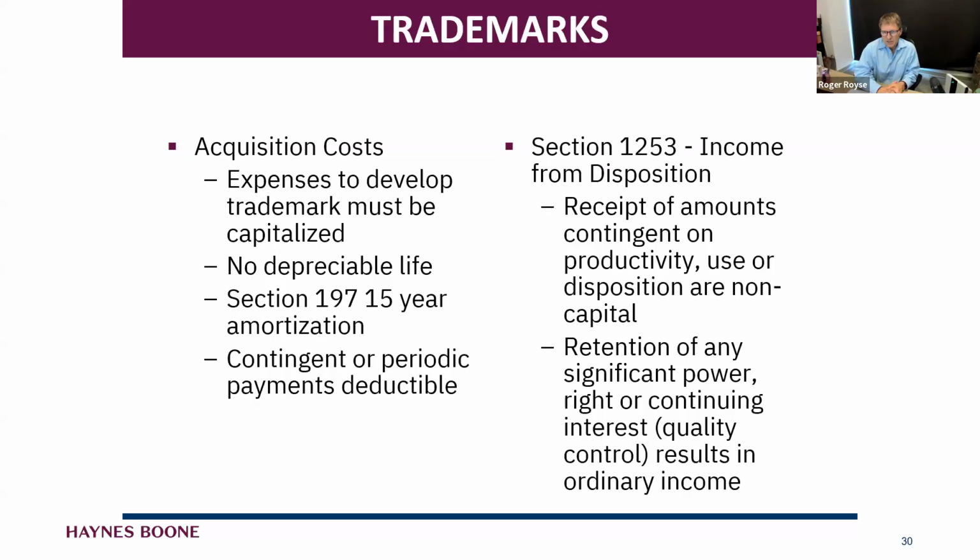On the sell side, the disposition, we have a special statute to resolve a lot of this license versus sale issue that provides for the treatment of income on a disposition of a trademark and treats it as ordinary if it fails these Section 1253 tests. So it's a little bit difficult sometimes to get capital gains treatment on sale of a trademark, but not impossible if it is a sale of all substantial rights to the trademark and there's no retention of any significant power, and it doesn't look very license-like, meaning that it gets paid out based on future revenues.